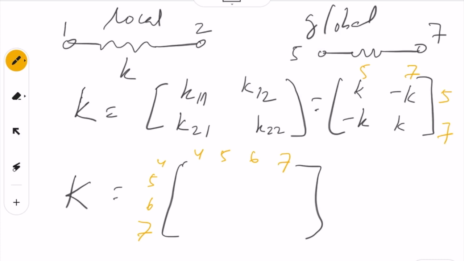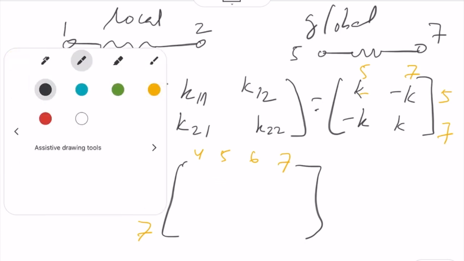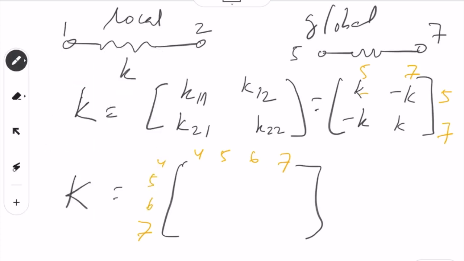So, what you see here K55, this one you have to write here. K55 becomes K here, and then K57, because minus K, so you write minus K here, then